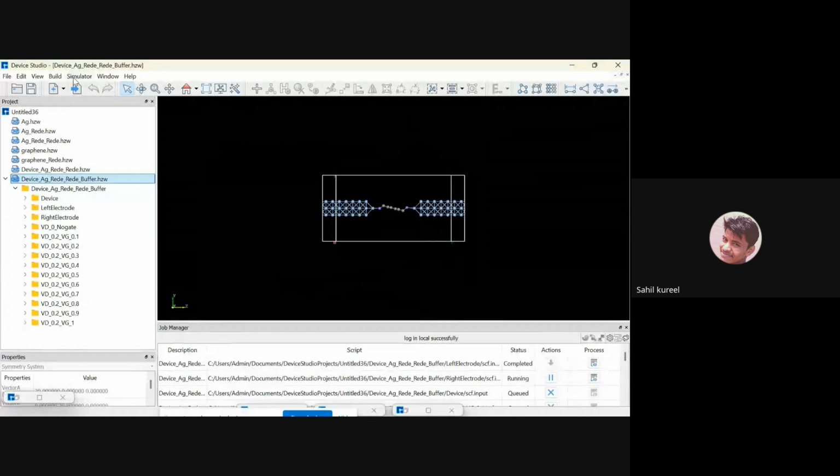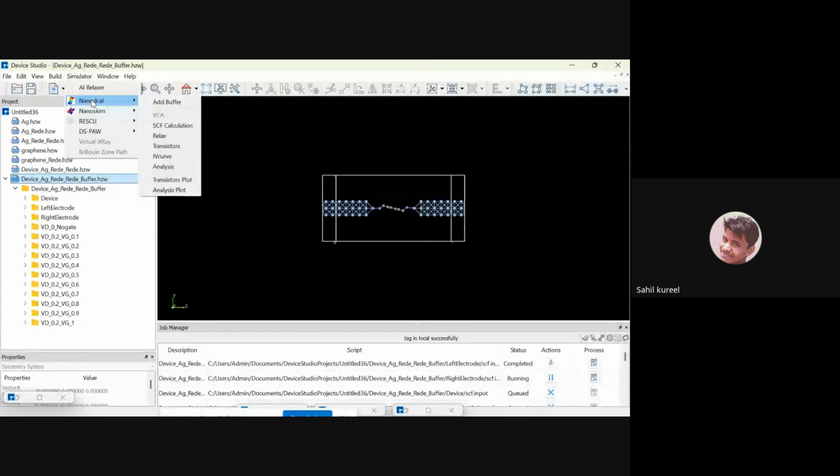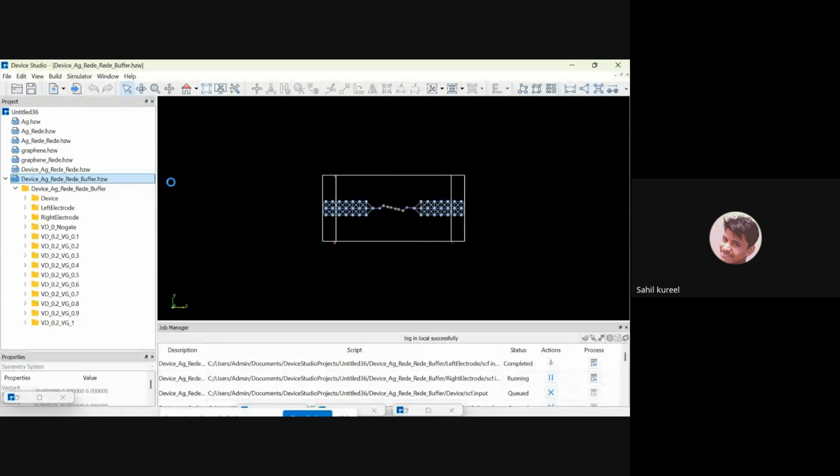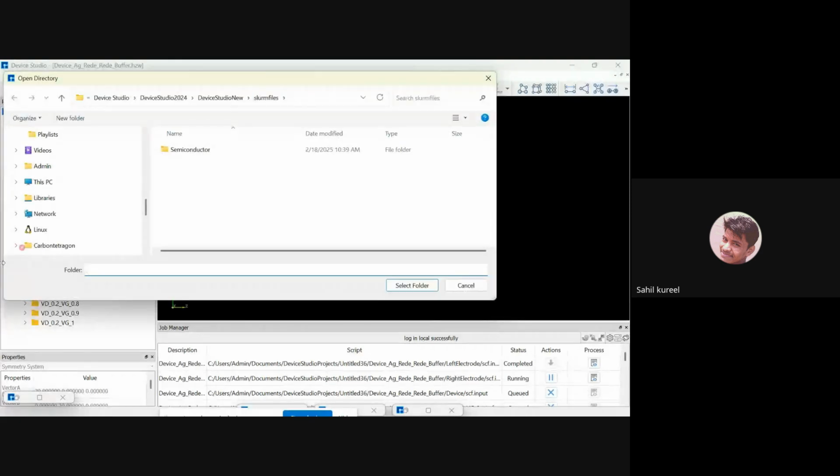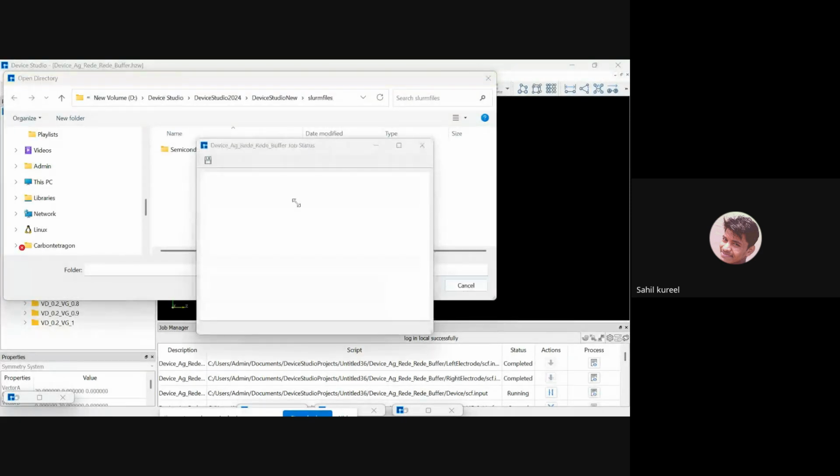Move toward the simulator tab, nano decal, and in here you can see the transistor plot. Click in here the transistor plots, and after that please upload your project directly in here. Select